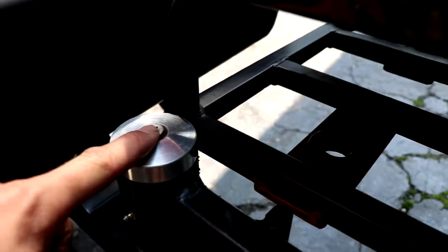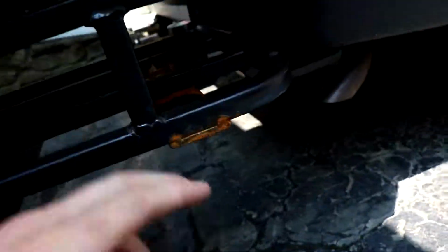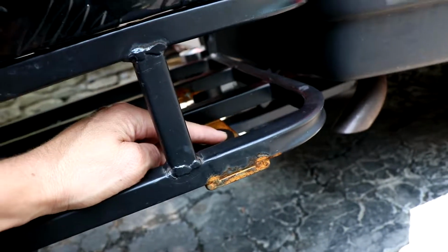It's close, and I would like for this box to cover this bolt. See how it's like right there? I would like for that to cover that, because then you're gonna have to open this and you're gonna have to unbolt it, because my bolts are going to be on the inside of this and they're gonna thread onto a little threaded stud I'm gonna weld in there. I'm gonna hack these off. So you're gonna have to open this, take the bolts out, remove this whole thing to gain access to that. So it'll just be like a safety thing. I don't know why I'm worried about it, but